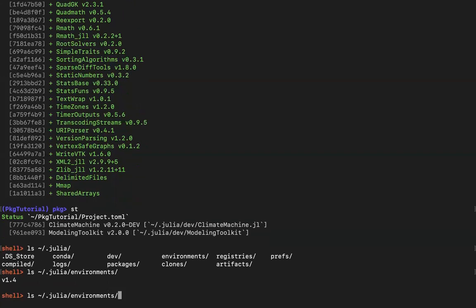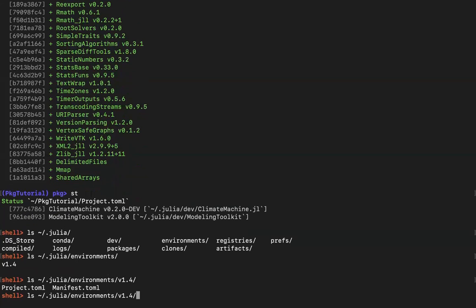So this is the default environment, and these are the default project and manifest.toml files. So when you open Julia normally, just Julia, this environment is activated by default. So if you work on different versions of Julia, you will see that there is a 1.3 or 1.5 that is going to be released.